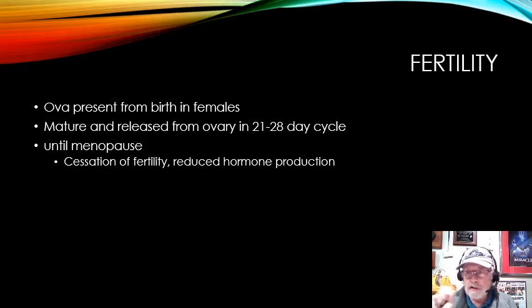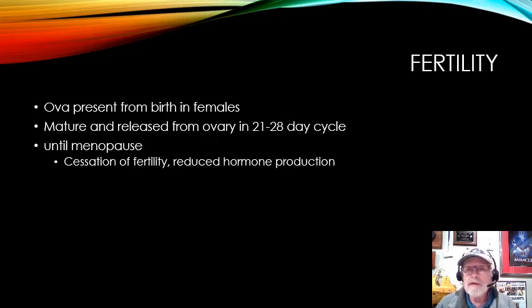As they get larger and develop, they migrate closer to the wall of the ovary, and in that mid-cycle period of time, they spurt out of the wall of the ovary and are swept up in the end of what's called the fallopian tube. There are little fingers at the end of the fallopian tube called fimbria, and these fimbria wave the ovum down the fallopian tube, where it may or may not be fertilized by any spermatozoa.